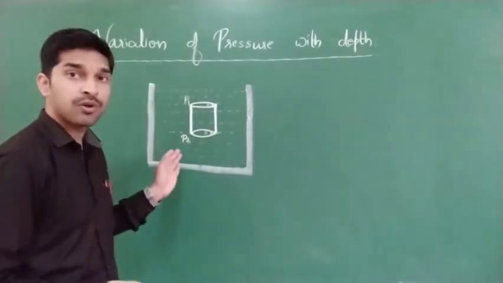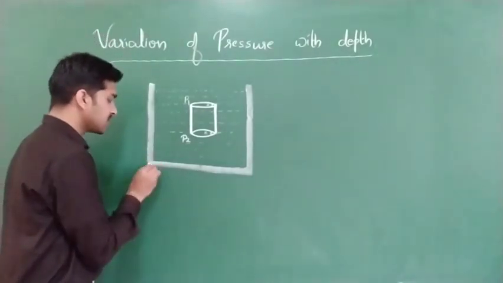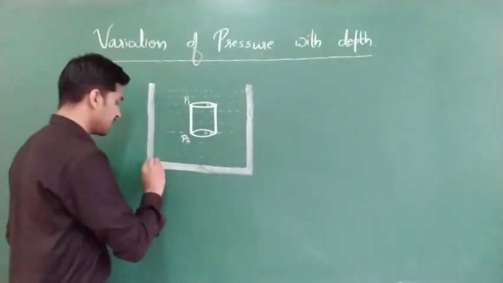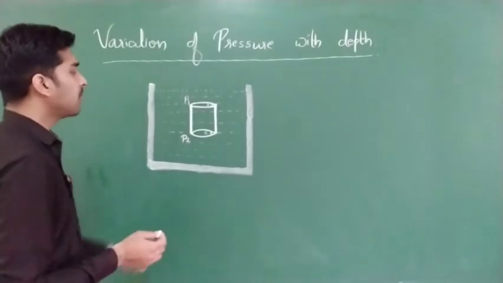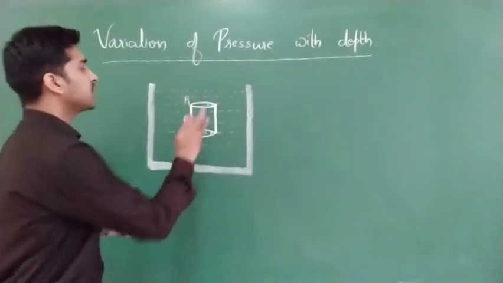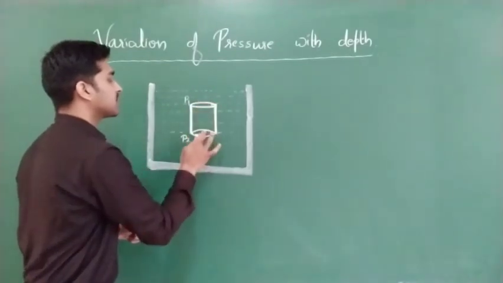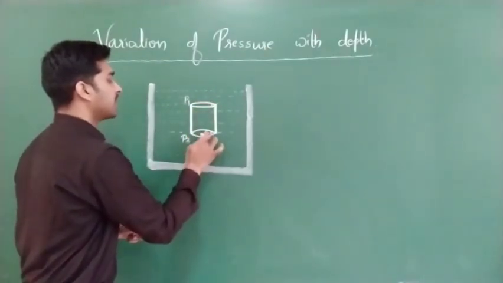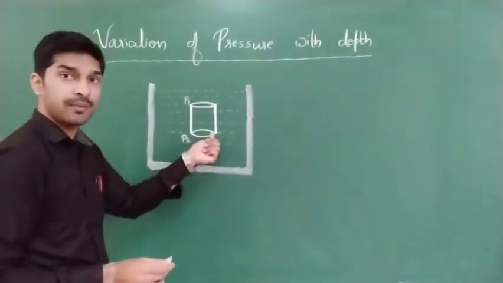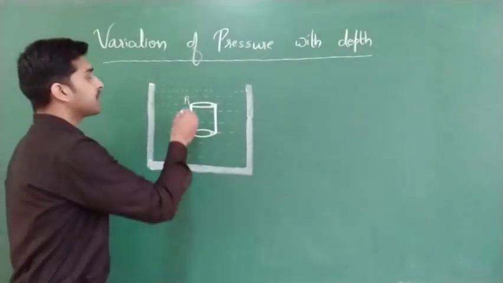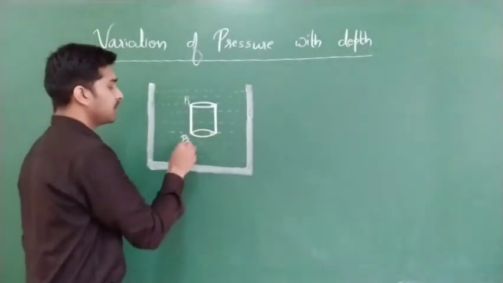From the examination point of view, this is an important one, so listen carefully, but it is very easy. You should just understand it. Next, the cross sectional area of these sides, the upper face as well as the lower face, is A. Let us name the upper face 1 and the lower face 2. Clear? And let the pressure on the upper side be P1 and the pressure on the lower side be P2.